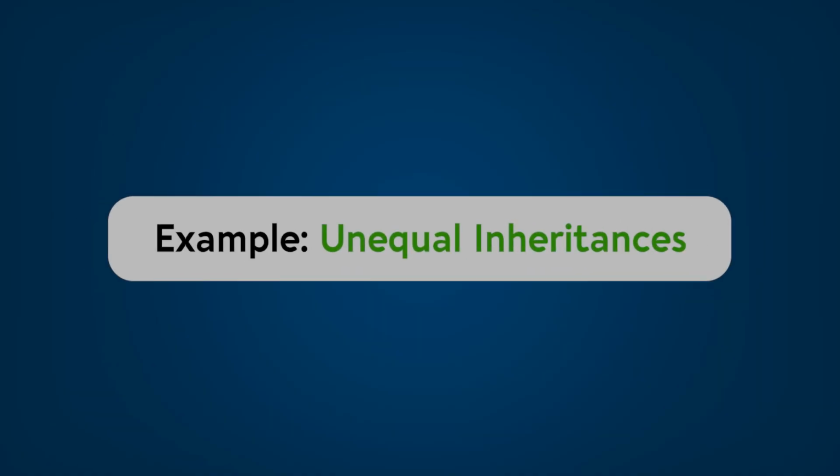Let's go into a few examples to make this a little more concrete of what can happen when you make this mistake. So let's take the example of Gary. Gary had a bunch of different accounts, bank accounts, brokerage accounts, retirement accounts, and loved his daughters equally. But unfortunately, Gary thought, hey, I'm just going to start naming whoever I want on these accounts. So one daughter was named the beneficiary of one account, the next daughter was named a beneficiary of the other. He wasn't splitting it 50-50, and it kind of just depended on his mood of the day.